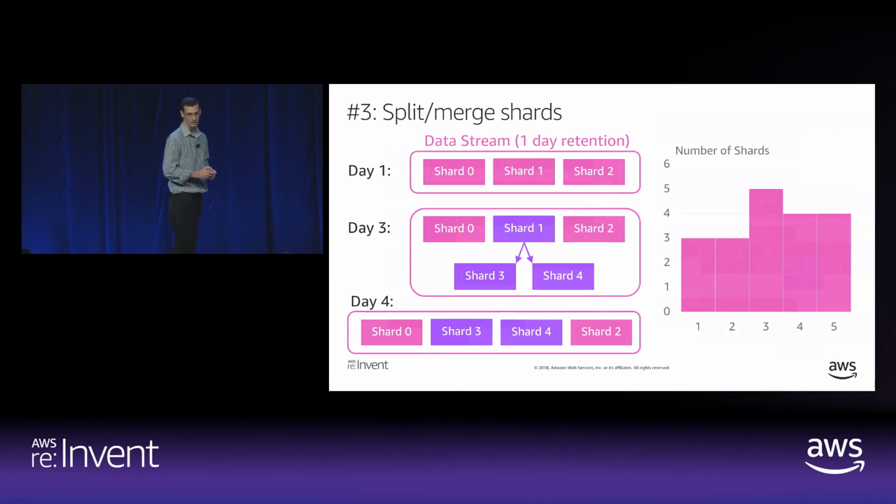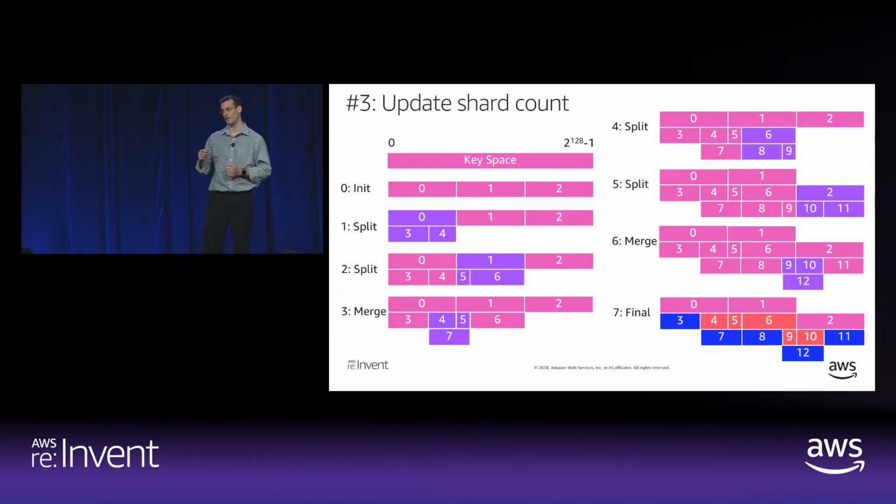And if that's the case, what you want to do is use that update shard count operation that Kinesis provides. It's a convenience method that basically uses those split and merge operations that I mentioned in order to create the appropriate number of shards, and maintain an equal portion of the key space for each one of those shards. And so if you observe Kinesis scaling from 3 shards to 5 shards, you'll see that it goes through a bunch of steps, actually following this pattern of split, split, merge, until it creates the shards that you need.